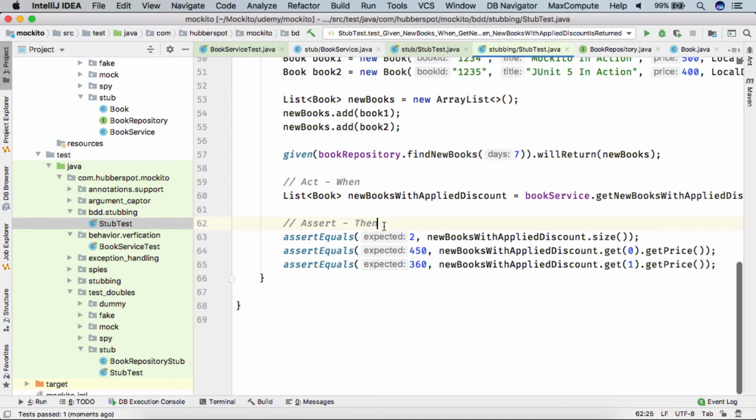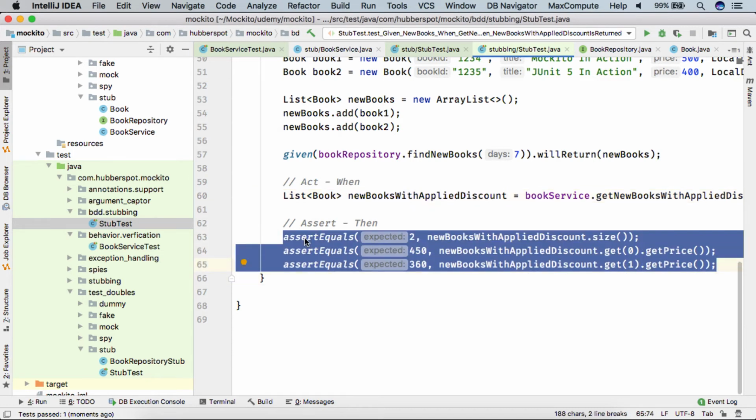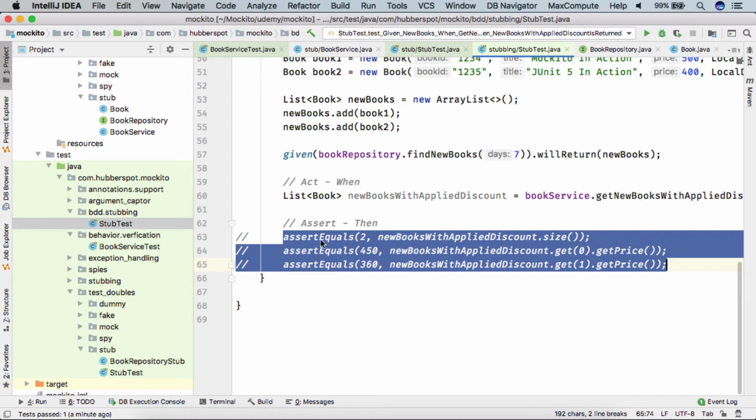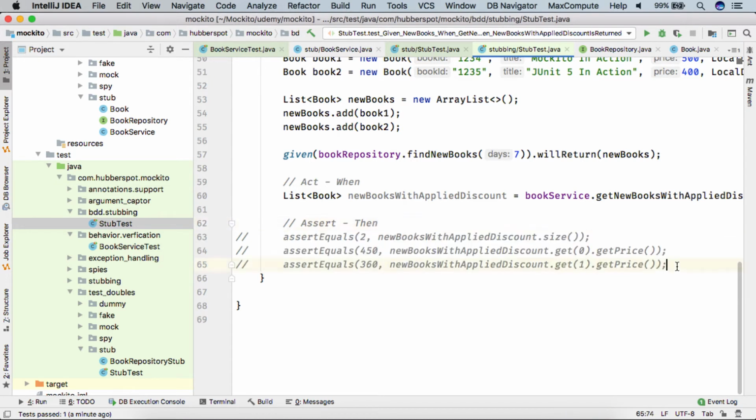So in the then phase, we simply provide assertions on top of whatever is returned from our action. And this is also the traditional Mockito style. Now what we can do here is improve the readability. We comment this out. If you are using this, it also works fine.